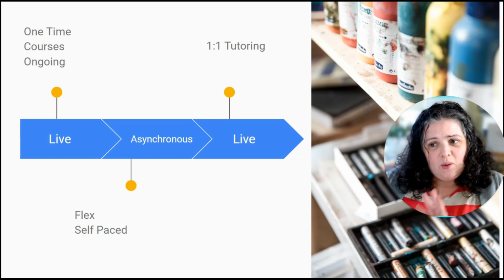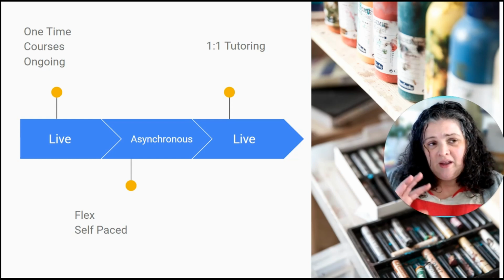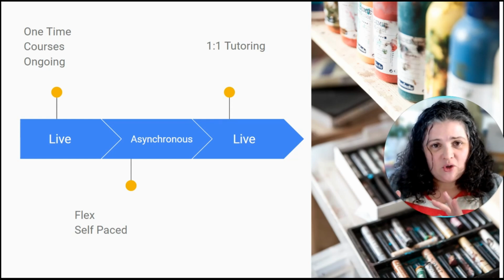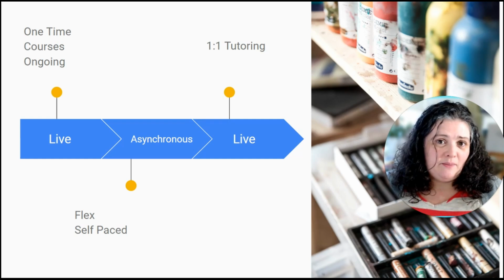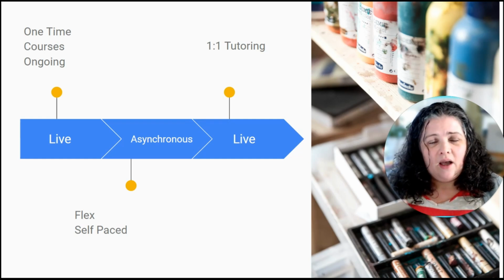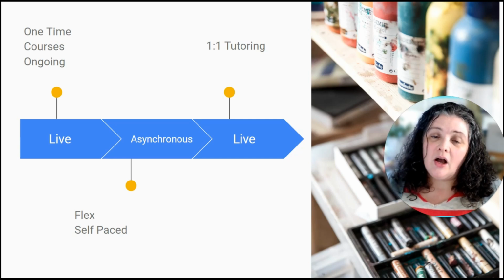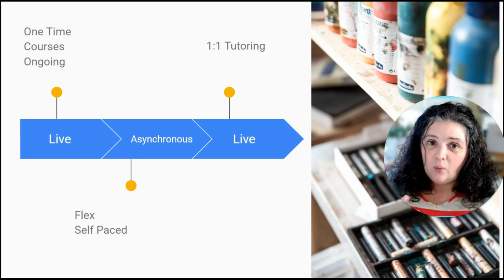Now, there's also the live category, which is one-on-one tutoring, okay? There are two different ways to go about this. Tutoring can happen on demand, in support of the asynchronous classes. It can be in support of larger coursework if you need just some extra live time where we can sit and talk about the materials, or it can be in the form of one of the ongoing courses where it's just one-on-one,